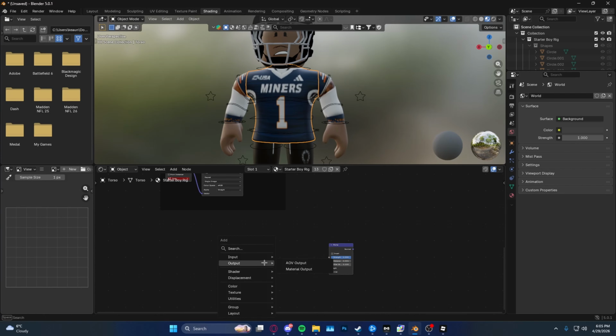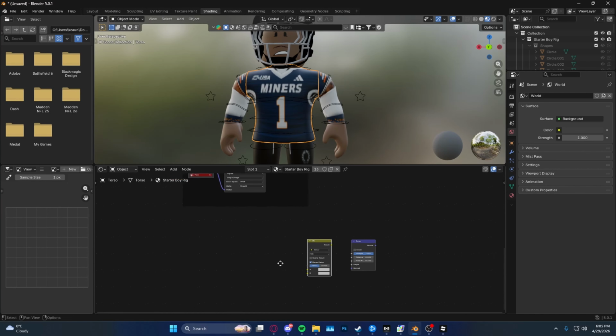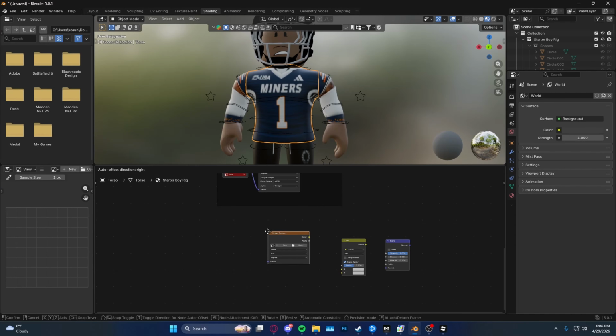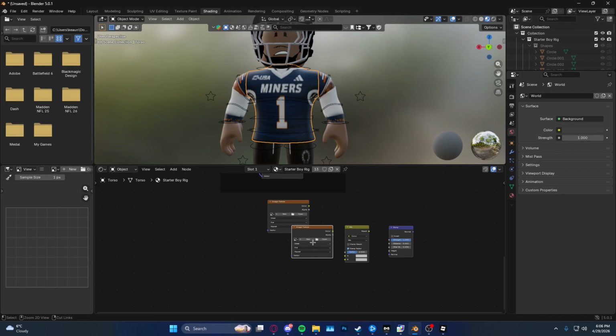Next you're going to want to come over to here. Come over to color, and go over to, where is it, mix color. You're going to add a mix node. Okay, once that is done, you're going to want to come over slightly, and come down to here. You want to add a texture, and add an image texture, one at the top. Copy that and do one at the bottom, like so.